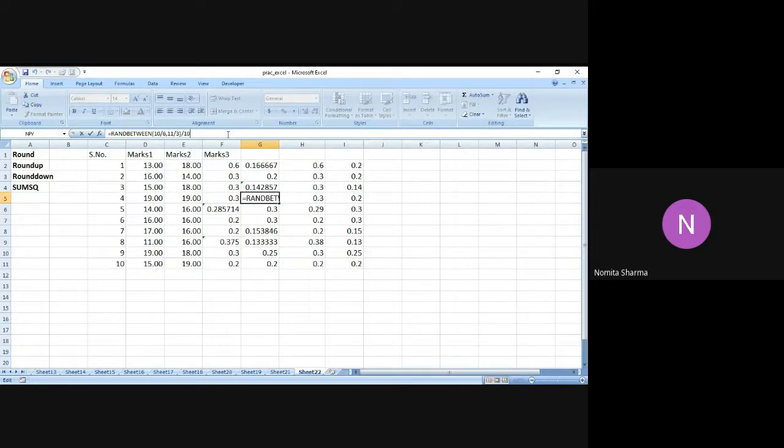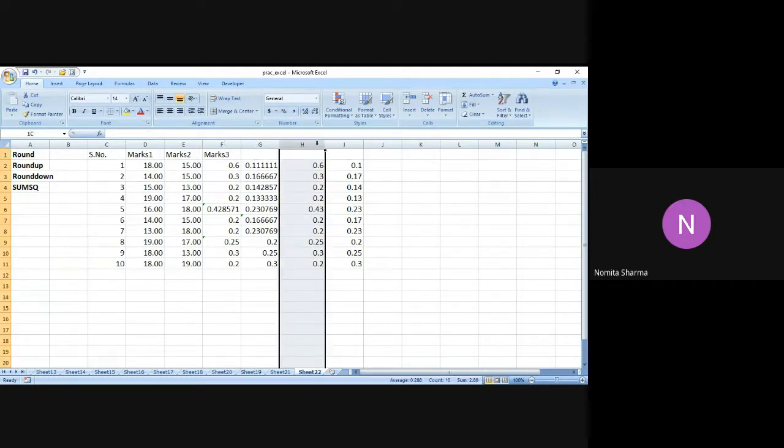Let me also do this. So I have now sufficient numbers with sufficient decimal positions, right? I have this. Now I'm going to use this particular cell. Let me delete it and I'm going to use this cell.